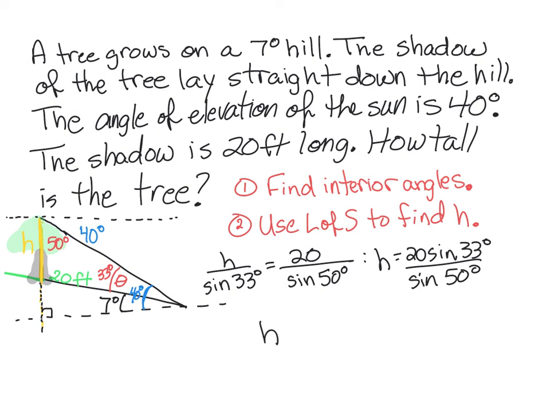And we're going to get that h equals, let's see, 20 in your calculator, 20 times sine of 33 divided by sine of 50, 14.2